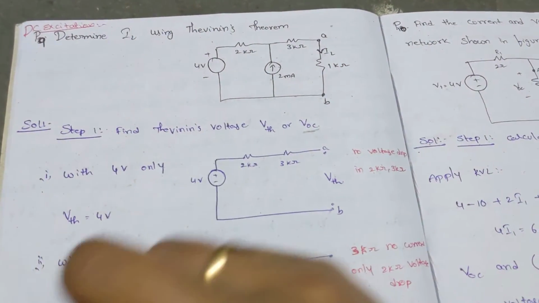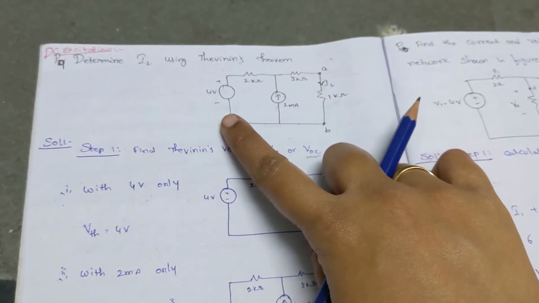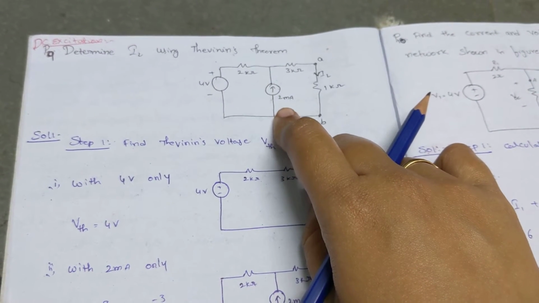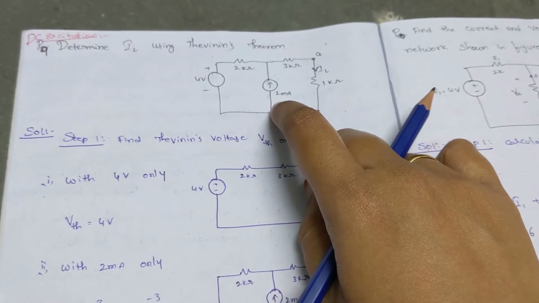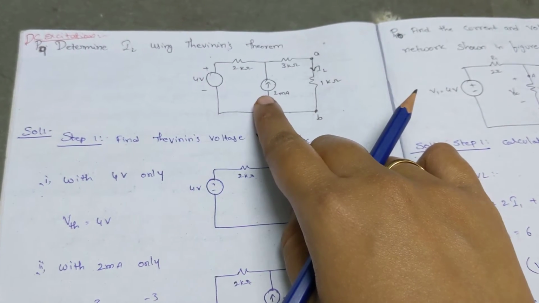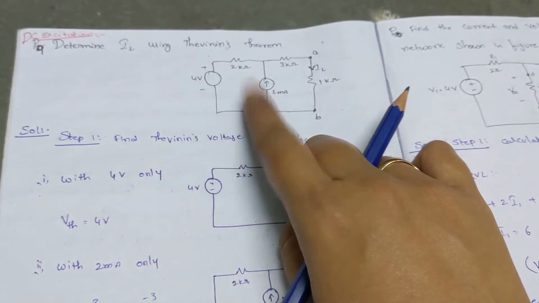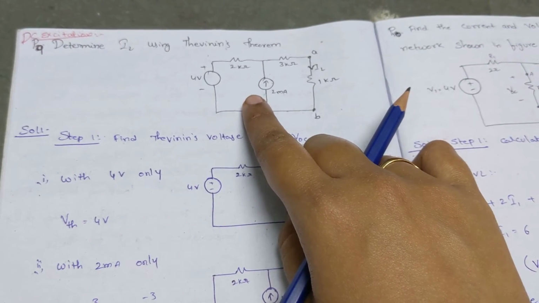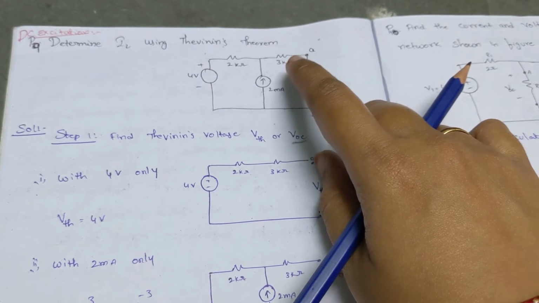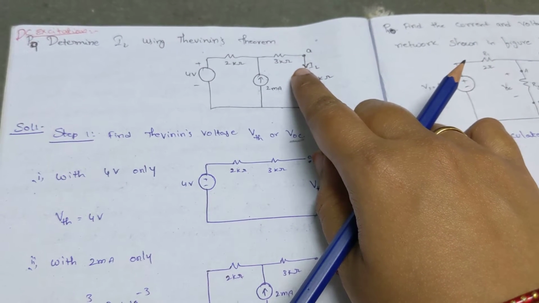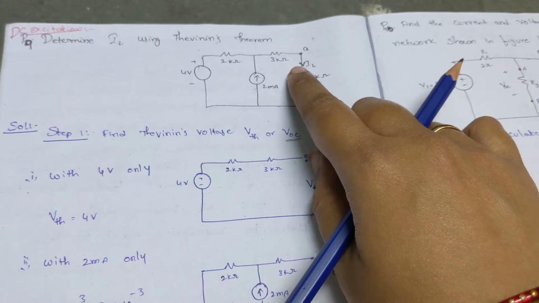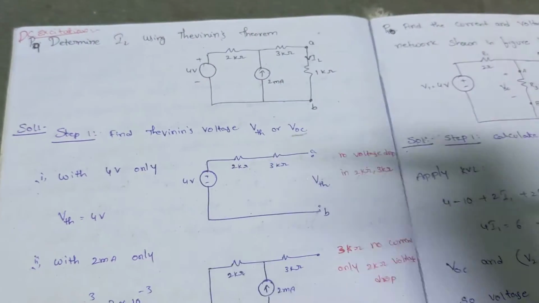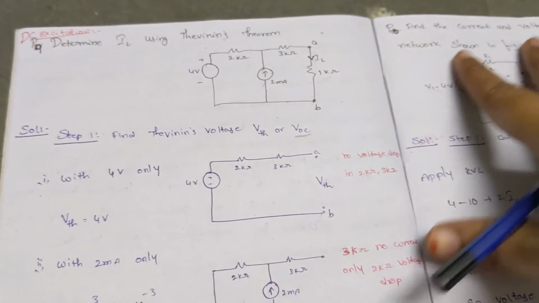So if you observe here I am having two sources. First source is voltage source, and second source is current source. We know that if you are having one or more sources, to find out the voltage across your terminals, you can apply your superposition theorem. There is no issue. We can apply different theorems in a theorem.